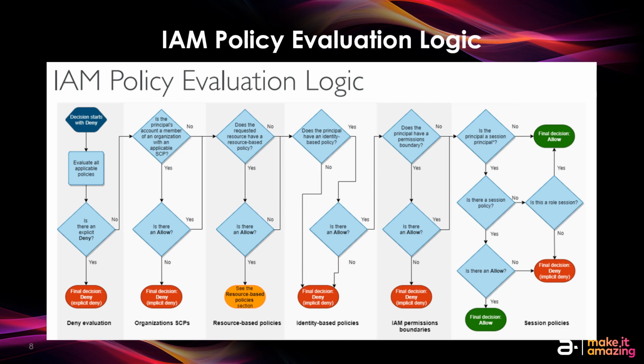Moving on to the next logic, resource based. So many resources in AWS have their own set of policies. Like S3 has S3 bucket policies, your databases have their own policies in order to say who can access those. And if their policies don't allow your user to access or don't allow any users to access those resources, then your user cannot access it and it fails from there. Let's assume that it passes from there as well, that the resource has the policy to allow this user. Then